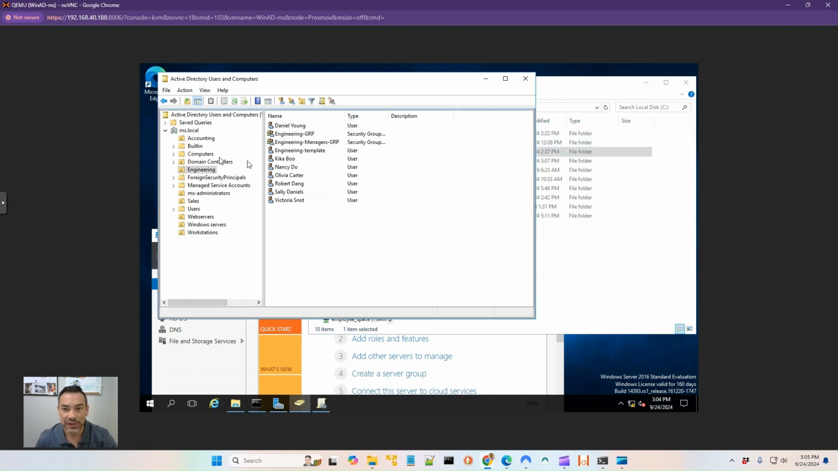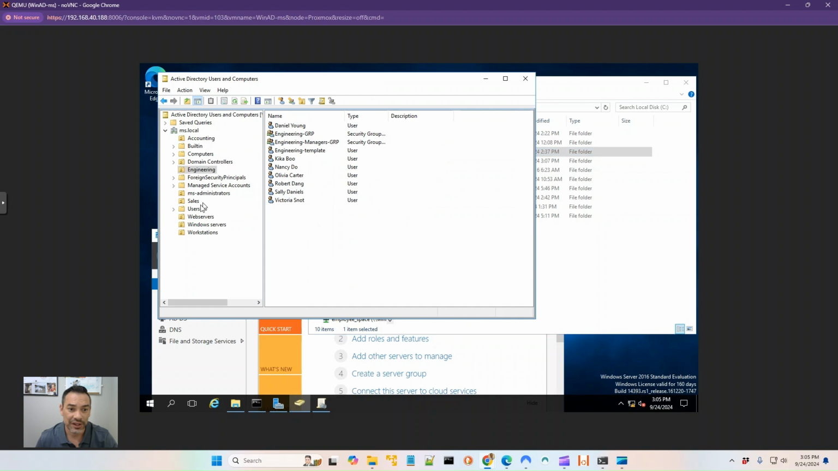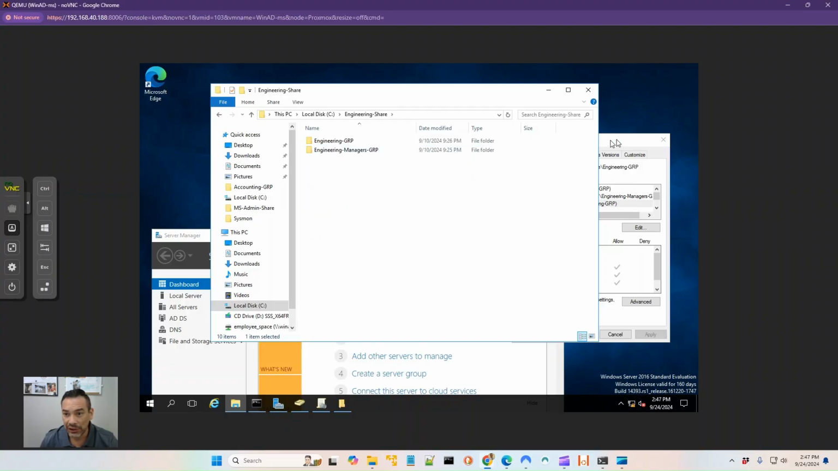However, there's some different groups in there that will have some different granular permissions within that share. And we followed the same format for our sales OU, accounting OU, and for our MS TAC Administrators OU. And we're going to take a look at this engineering share, and then we're going to look at the different